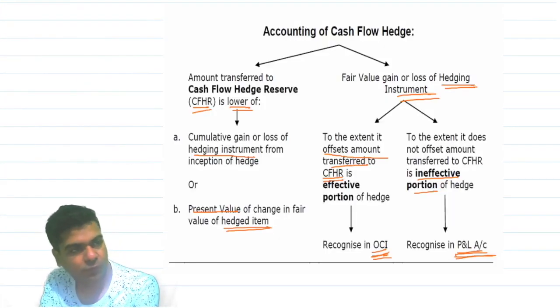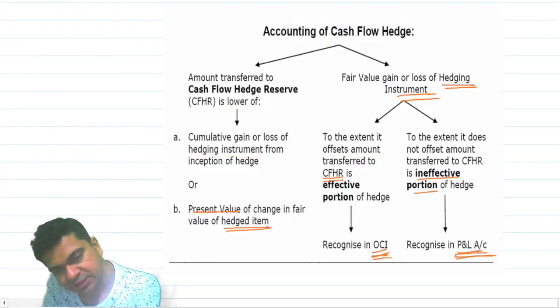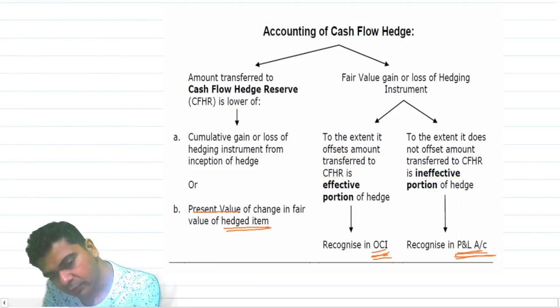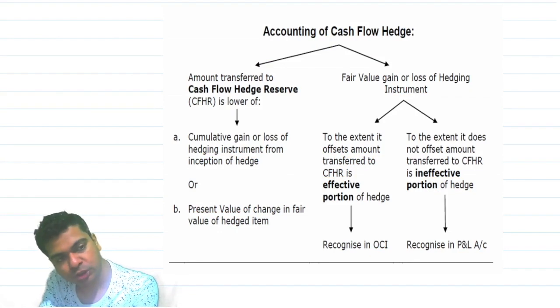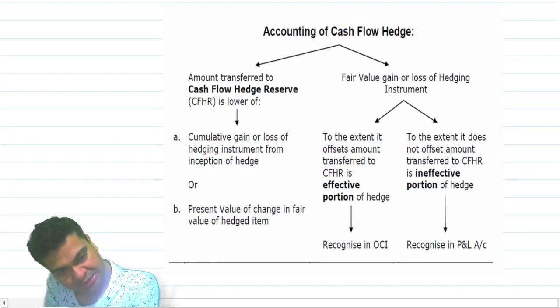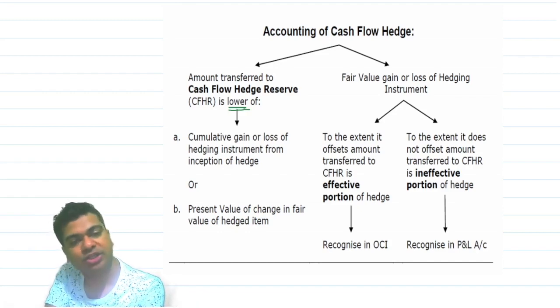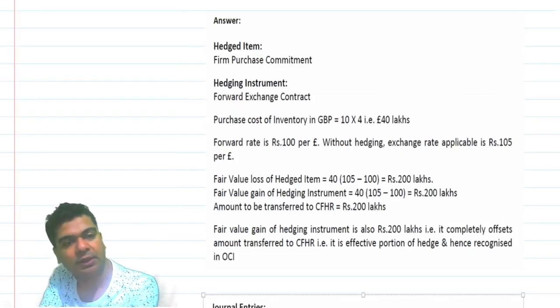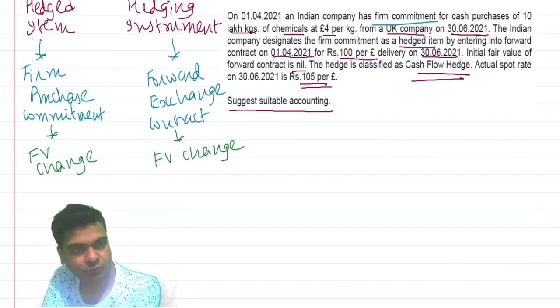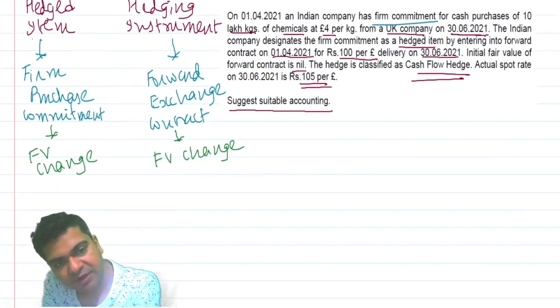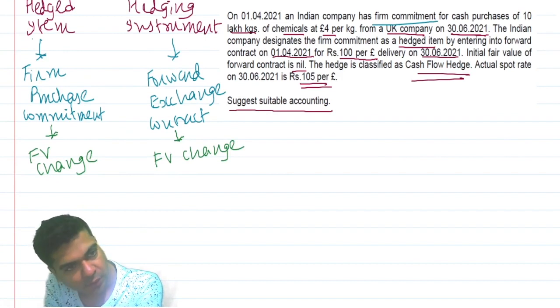Here it is. I'll just clear it up so that we can then decide for this particular question. See, amount transferred to cash flow hedge reserve is lower of. So that's the calculation that we need to do over here, isn't it? So what we do here is we realize over here that